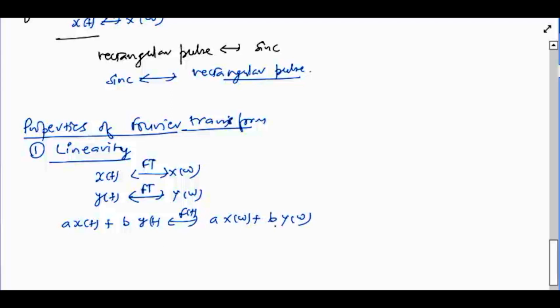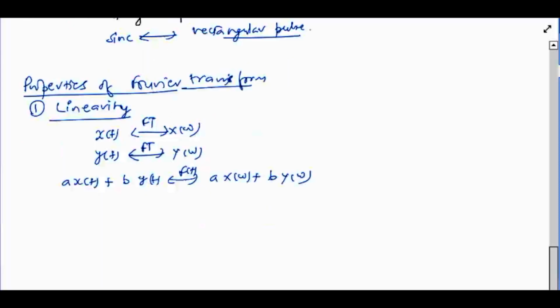This property can be easily seen following the definition of Fourier transform. Okay. Here is the next property,